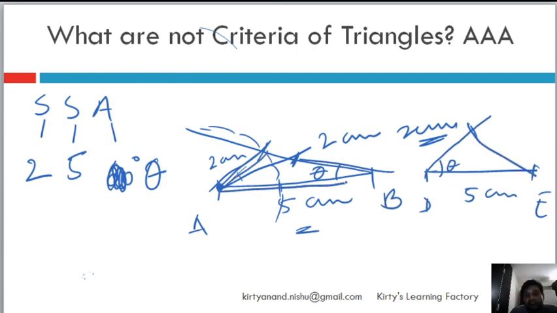So this initial triangle is different from this triangle, and hence in order for me to have congruency of two triangles, the angle has to be in between the two sides. Only then I can establish that the triangle which I am making is a unique triangle, and that's the only way to establish congruency. So it's slightly more conceptually complicated, but I thought it would be fair for me to come in and help you out.